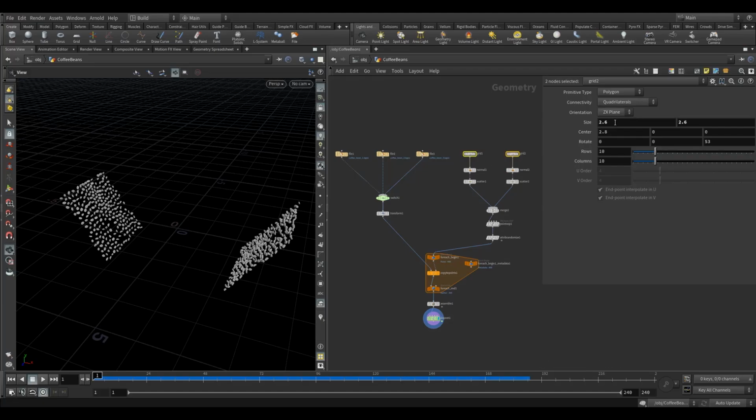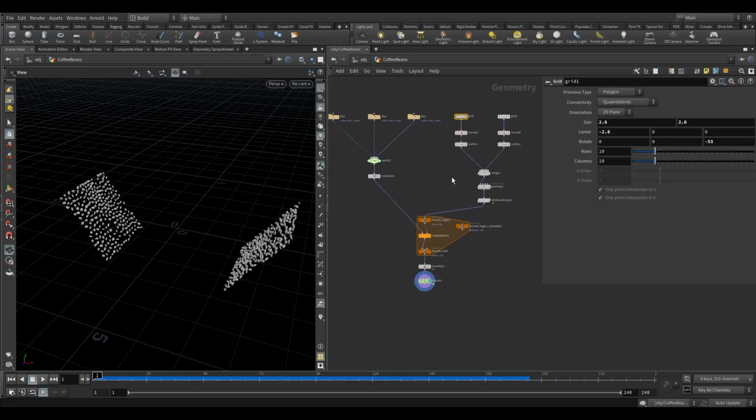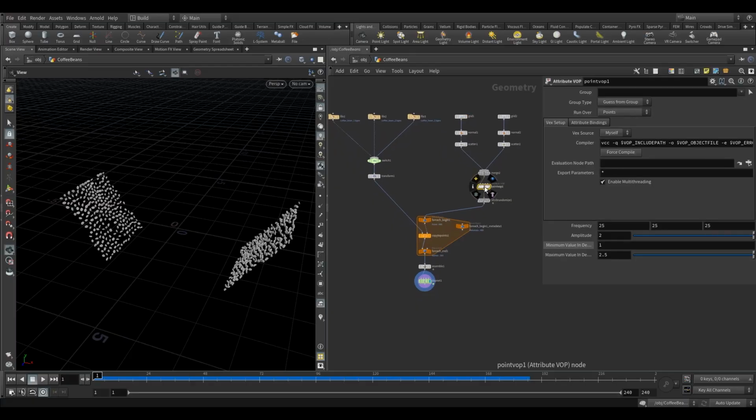them a bit. The size is a bit bigger, 2.6 by 2.6, both of them. Moved them away, 2.8, minus 2.8, and the rotation I've changed to 53. And then in the point VOP,